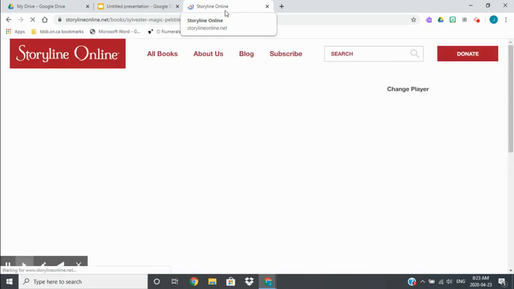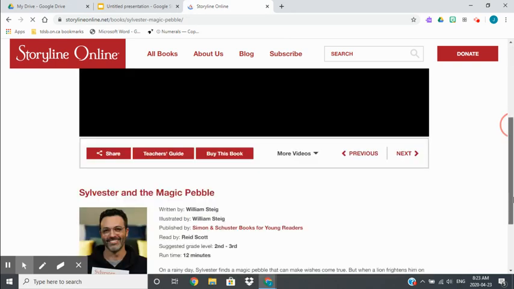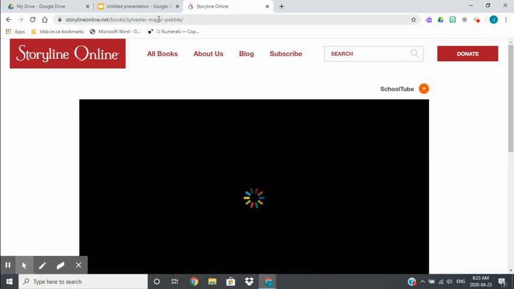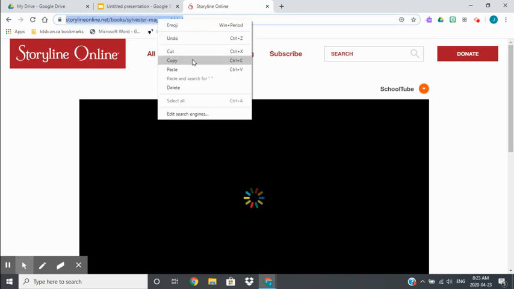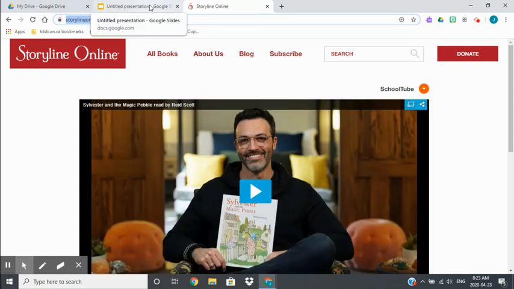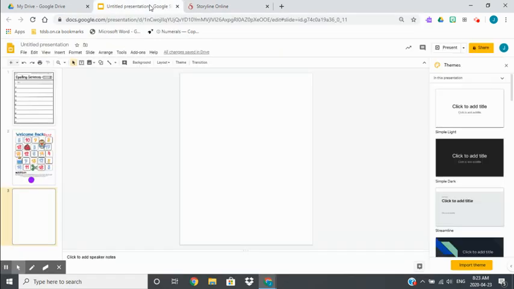So I'm in a new window right now, and I'm just looking for a story that I could throw into my slide. I think it's going to pull up the last one I used, which is Sylvester and the Magic Pebble, I think. So it is. So this is a link right now to Scott reading Sylvester and the Magic Pebble on Storyline. So what I would want to do to insert that into my slide is click on this web address, copy the web address, go back to my slide, and then